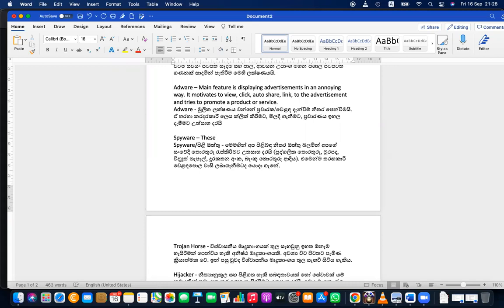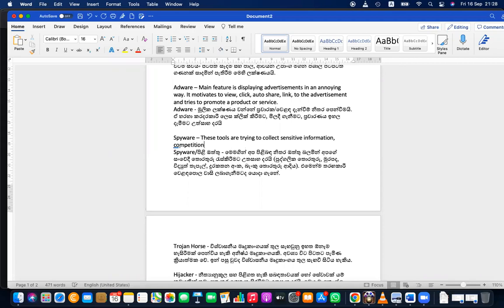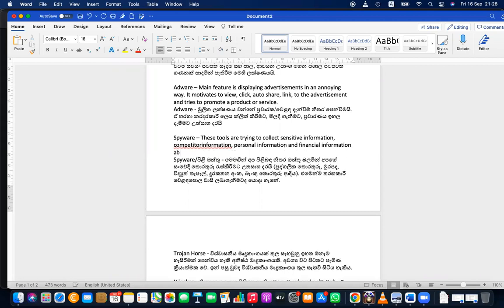These tools try to collect sensitive information, competitor information, personal information, and financial information about someone or some company.